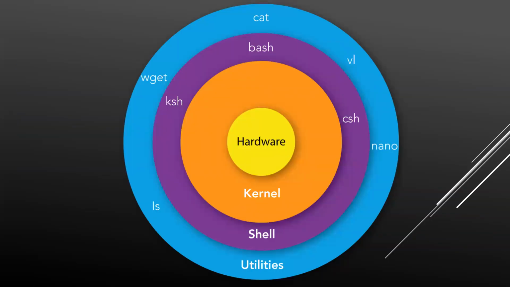This is what we discussed just now. I have hardware in between, and on top of the hardware, I have my kernel, and on top of the kernel, I have a shell, which is where I write all my scripts, and hence it is faster. And on the outermost layer, I have the software. Whichever you want to install, you can go ahead and install it.